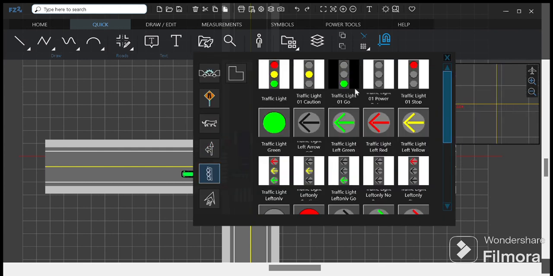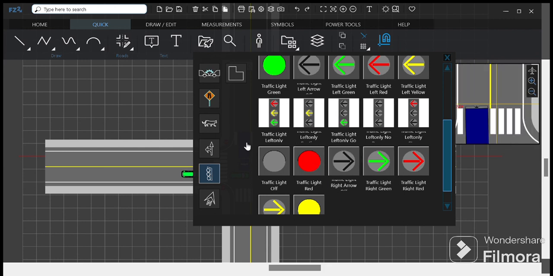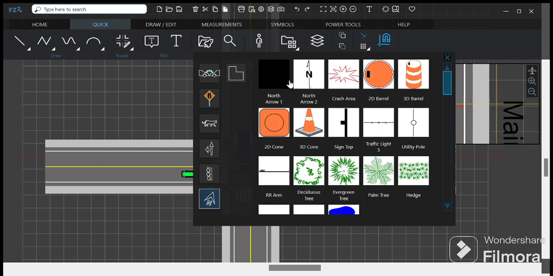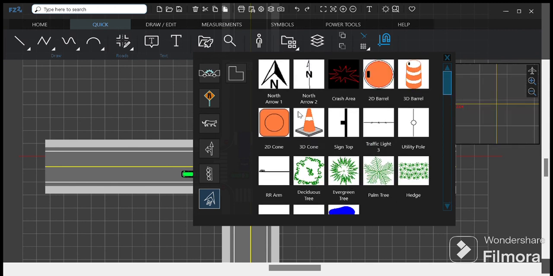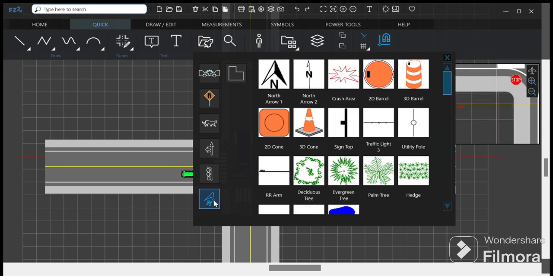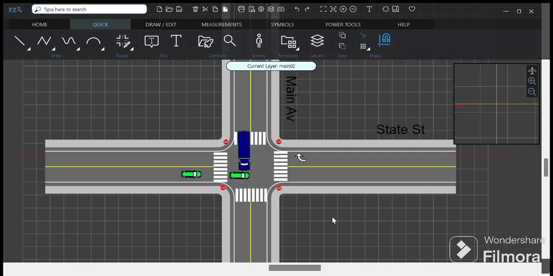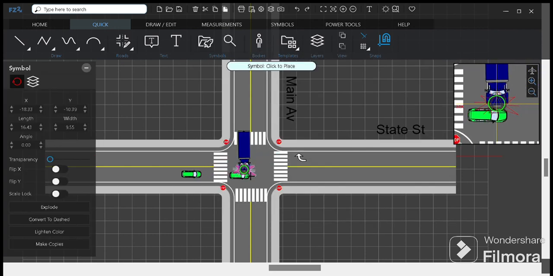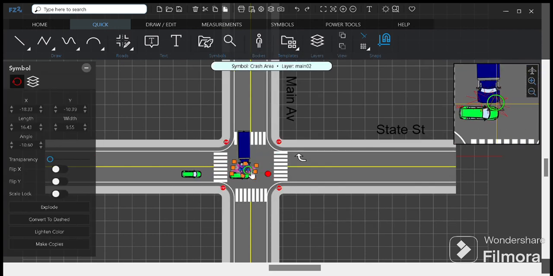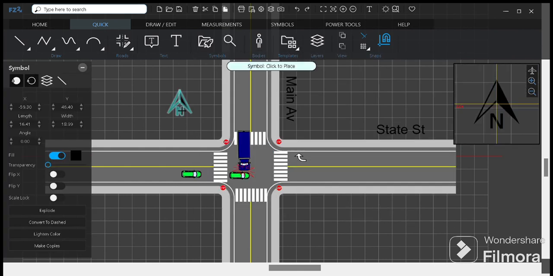Different street lights, so a lot of different types of traffic lights you'll see. This menu is here as well. And your north arrow, cones, and miscellaneous. So crash area, this is kind of like the junk drawer on the old version of the diagramming. So if I want to put the crash area, boom. We'll put the crash area out there, adjust it, it's out. My north arrow,